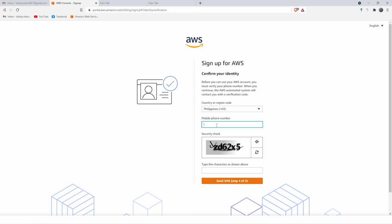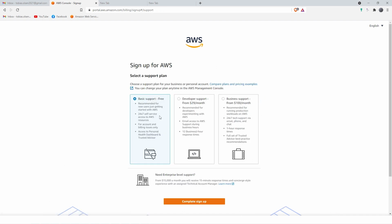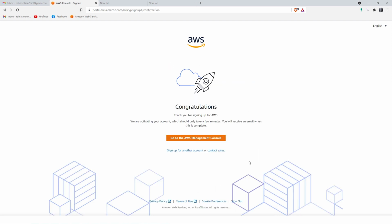And now we're going to verify our account. The mobile number is the same. That was 0939 803 5360. Now we're going to be verifying the code. Let's continue, and let's try to use the basic support free. Complete sign up. Go to the Amazon console,